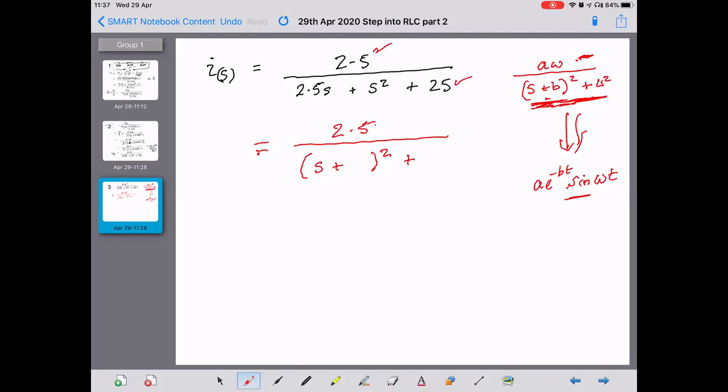So we need to half this 2.5, which is 1.25. Just showing you where that comes from. That means if we multiply out s plus 1.25 by s plus 1.25, we get